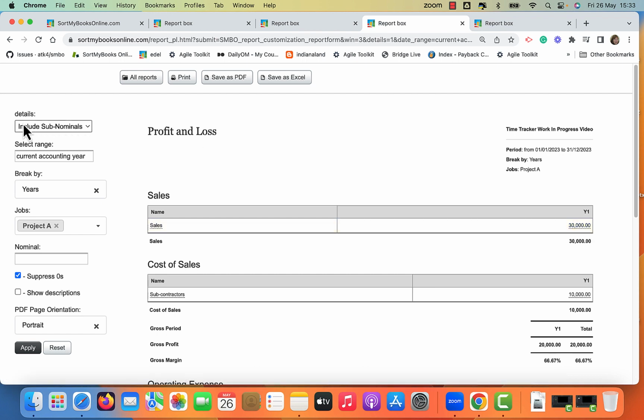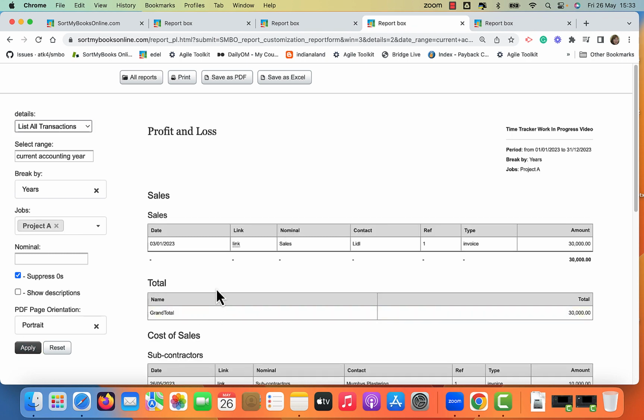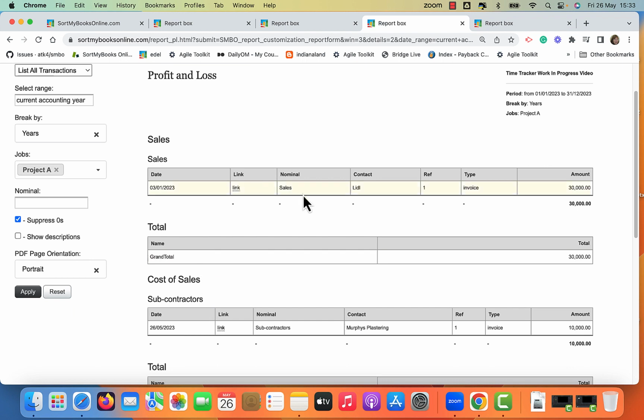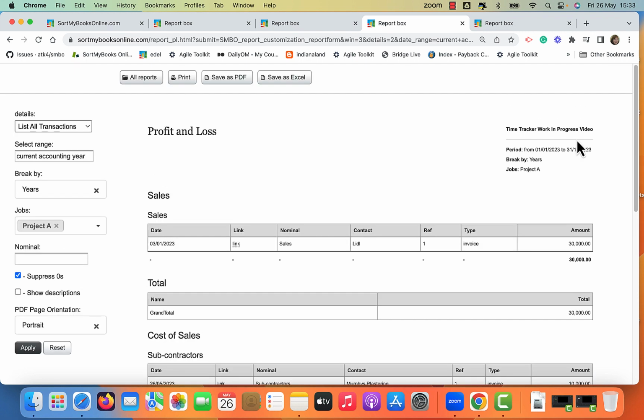If we want to see the full detail, you can go up here, click list all transactions, click apply, and it's going to show you the invoices that you've sent out to your customer, and below here it's going to show you the subcontractor invoices. That's one of the expenses I've got in there. We'd also obviously have things like materials. But this gives you an indication of what you can do,